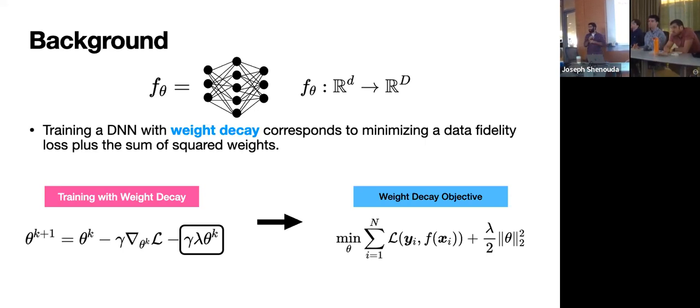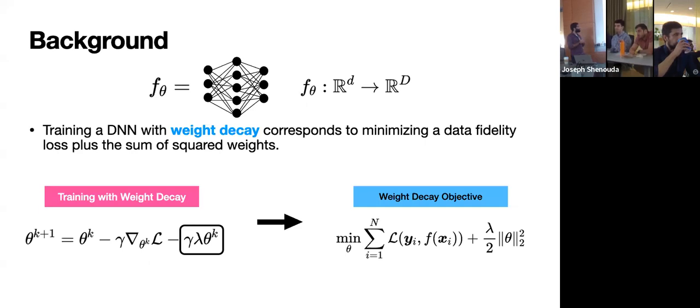Is that always implemented in practice, where the weight decay parameter gets multiplied by the learning rate as well? I'm not entirely sure. I think maybe it might be, but either way, it's just a matter of scaling the parameter correctly. I just wrote it this way so it's super explicit, because sometimes people would ask me whether this lambda corresponds to this lambda here. It's really lambda. Exactly. Yeah.